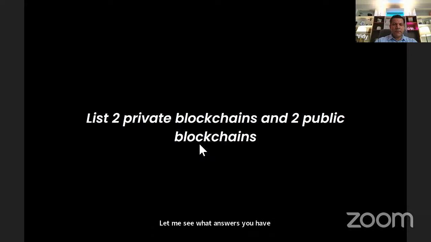Private blockchain, Hyperledger Fabric is a good answer. Yeah, that's right. IBM has IBM Food Chain. That could be an example of a private blockchain. Ethereum is public. That is right. Bitcoin is a public blockchain. Corda is private. Bitcoin, Ethereum,